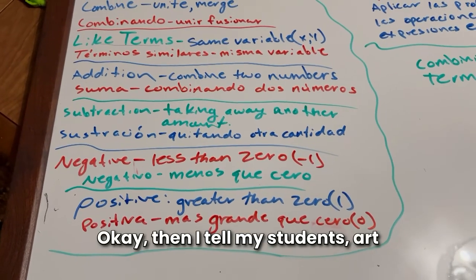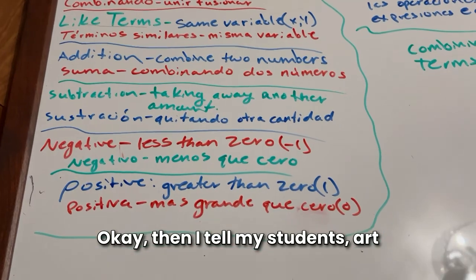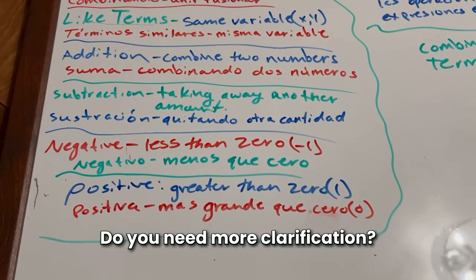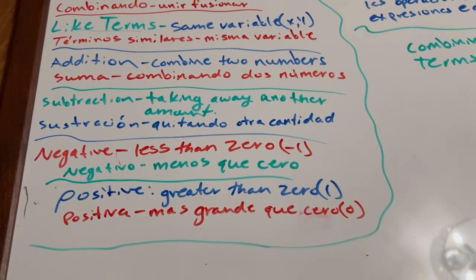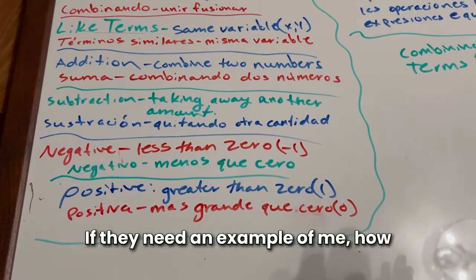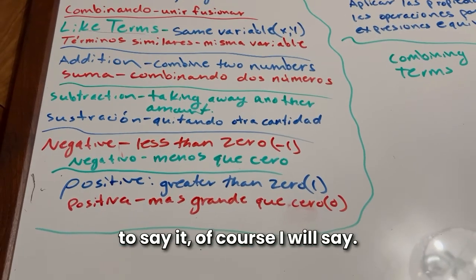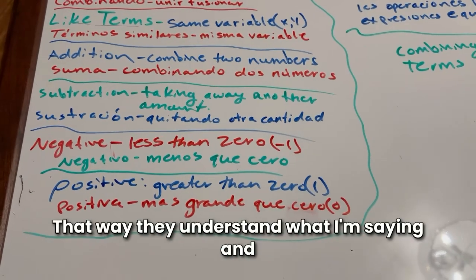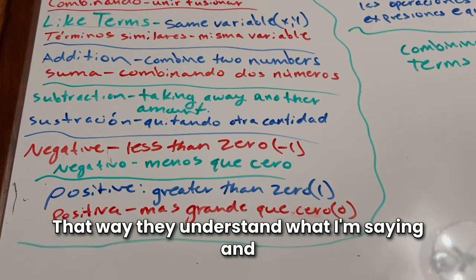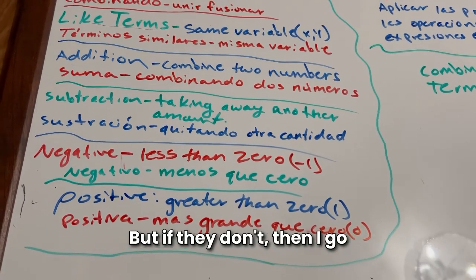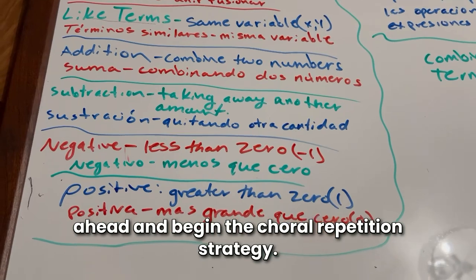Then I tell my students, all right, class, do you have any questions? Do you need more clarification? Do you need more examples? If they need an example of me saying it, of course I will say it. That way they understand what I'm saying and what they need to learn. But if they don't, then I go ahead and begin the choral repetition